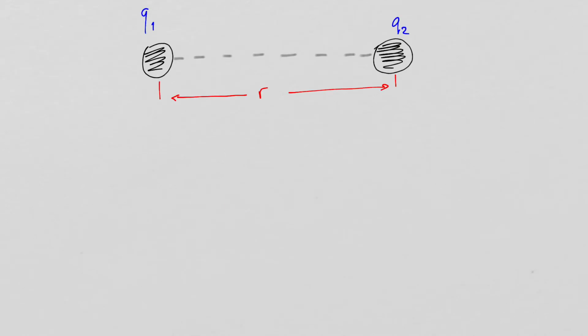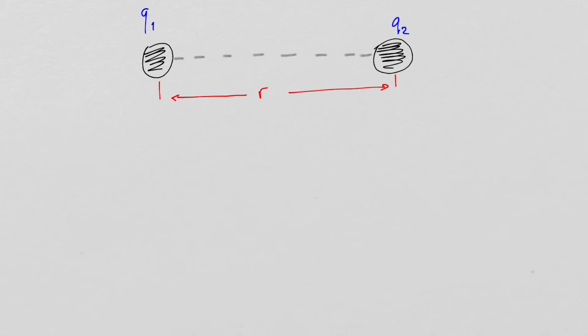Now let's sketch the situation, the system of two charges or charged objects, object number 1 with charge Q1 and object number 2 with charge Q2. The two objects are a distance r from each other. Now the question is, how is the electric force between the two charges directed in this system? The answer is that it depends on the types of charges, whether they are both the same or opposite charges. So let's first start with